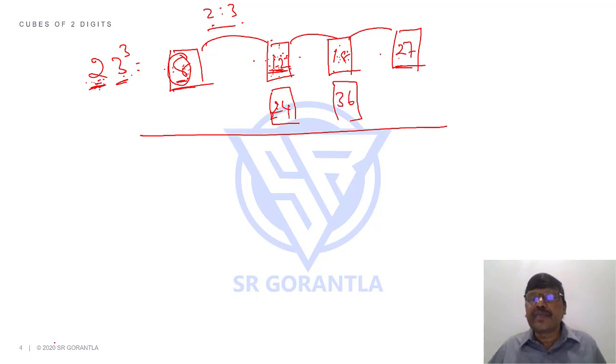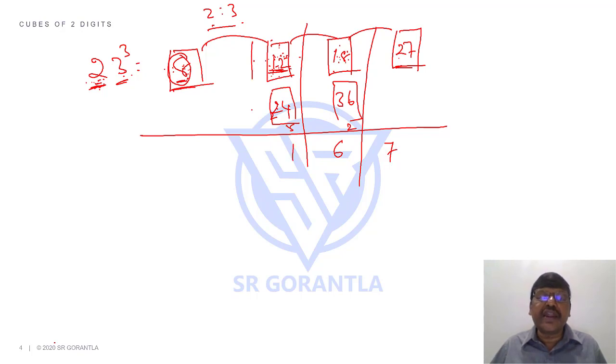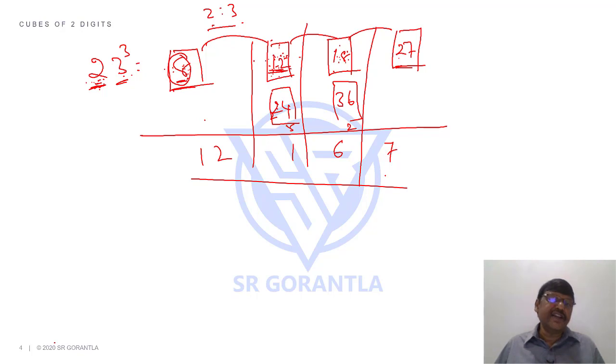Now add them. Every place only one digit. 7 here, 2 carried. 2 plus 36, 38 plus 15, 18, 56. 5 carried. 29 plus 12, 41. 1 here, 4 carried. 4 plus 8, 12. 12,167. Right?